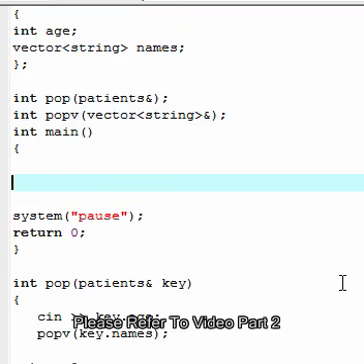Now in our main function, what we can do is call the